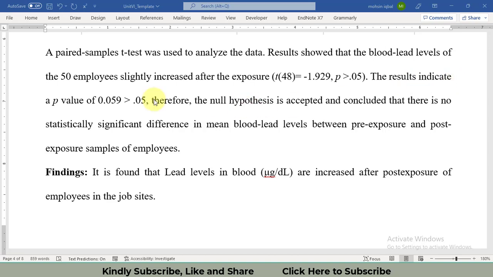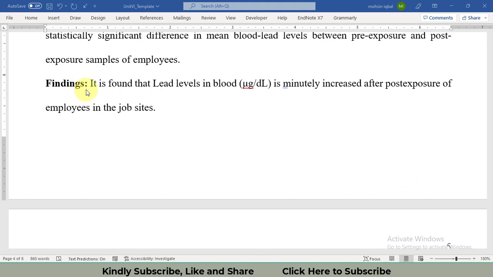The result indicates a p-value of 0.059, which is greater than 0.05. Therefore, the null hypothesis is not rejected. You can also write that we fail to reject the null hypothesis, and we conclude that there is no statistically significant difference in the mean blood lead levels between the pre-exposure and post-exposure samples of the employees. Findings are that lead levels in the blood minutely increased after the post-exposure of employees